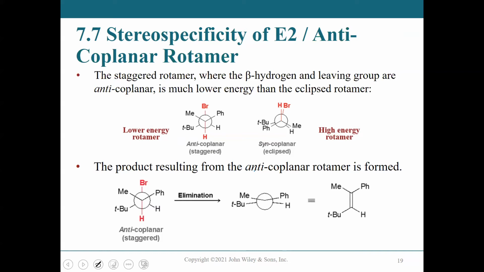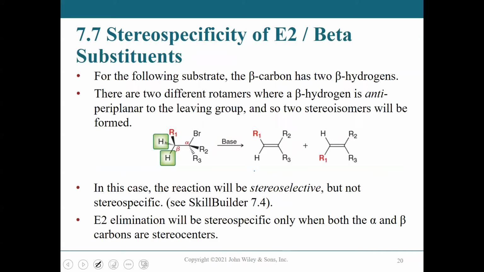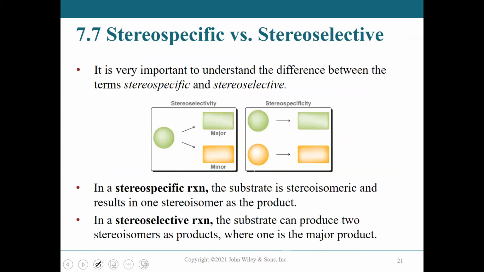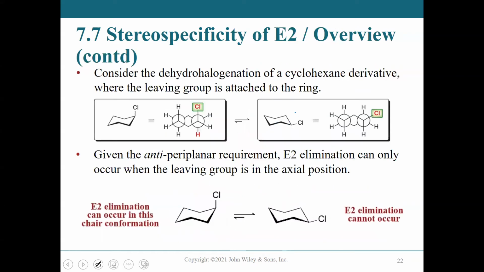Okay, so this one is a procedure. You can read this slide, how to make the alkene from the Newman projection, but I'll do it. It is just for your reference. This one is about the difference between stereospecific and stereoselective reaction, right? Something that we were emphasizing. Stereoselective means that it will be a major product out of two or three options, whereas stereospecific, there is only one option, which is the one that happens. Okay, so let's stop this,